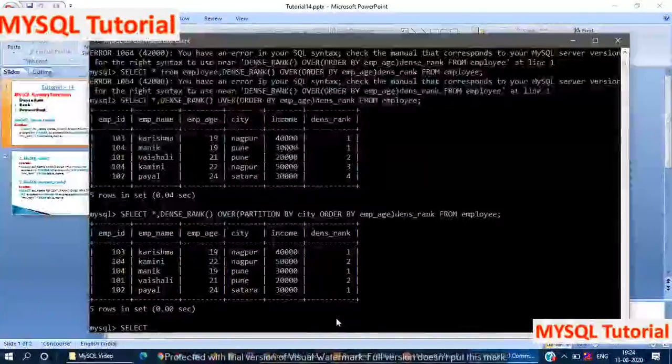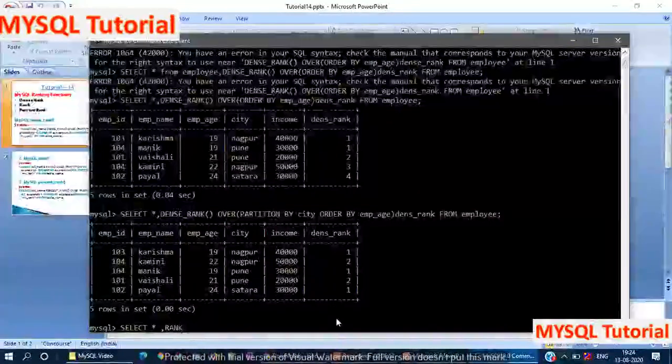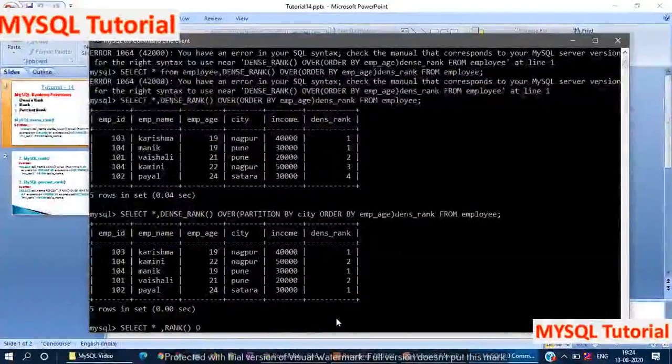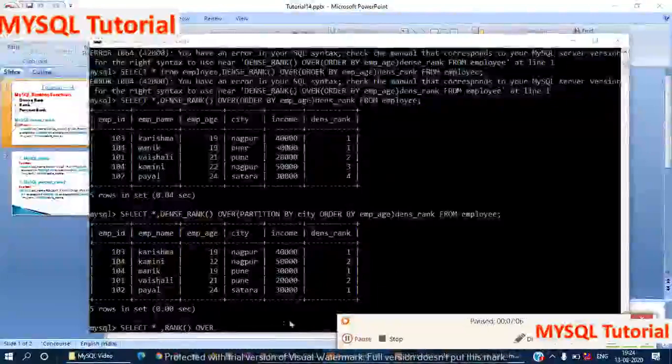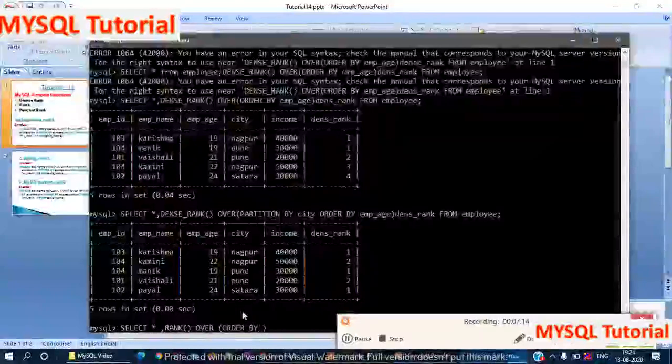Here again I use all the column list, SELECT * comma RANK OVER, again in brackets give ORDER BY, specify the column name.